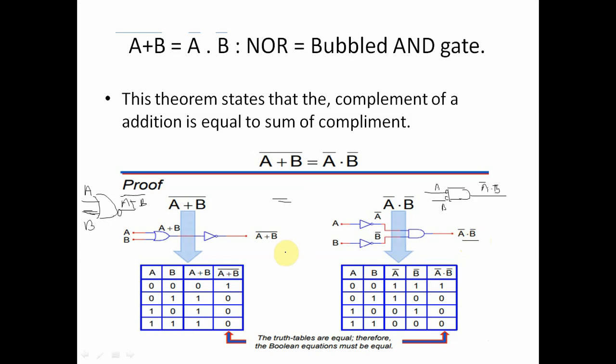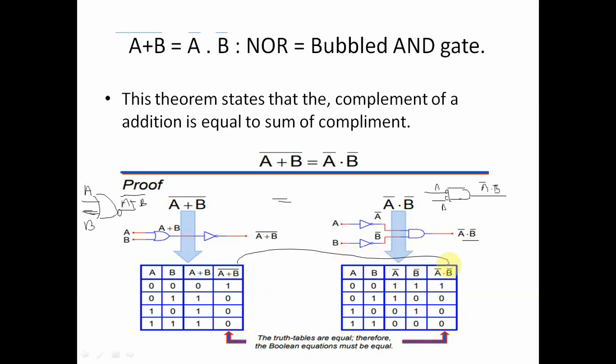So here two input variables are present, A and B. How many conditions? Four conditions: 0 0, 0 1, 1 0 and 1 1. So the A bar entries, 0 0 1 1, are converted: 0 is converted into 1, 1 is converted into 0, 0 into 1, and 1 into 0. Now the final answer is A bar dot B bar. 1 multiplied by 1 is 1, 1 multiplied by 0 is 0, 0 multiplied by 1 is 0, and 0 multiplied by 0 is 0. So (A plus B) bar, the complement, and this diagram are similar.